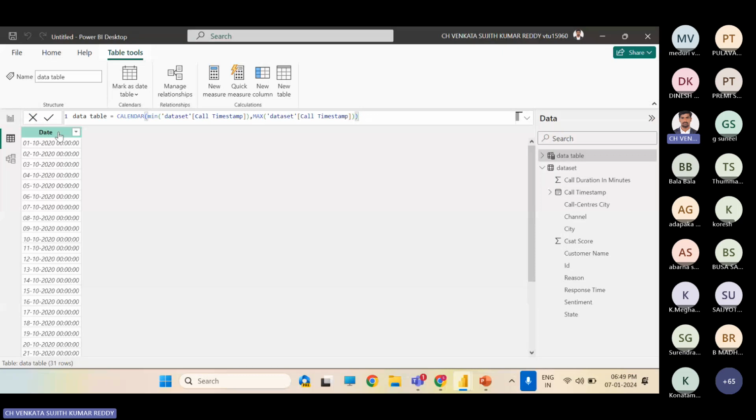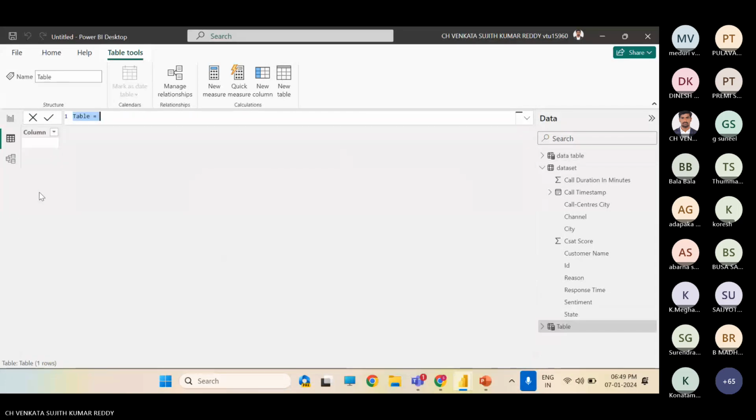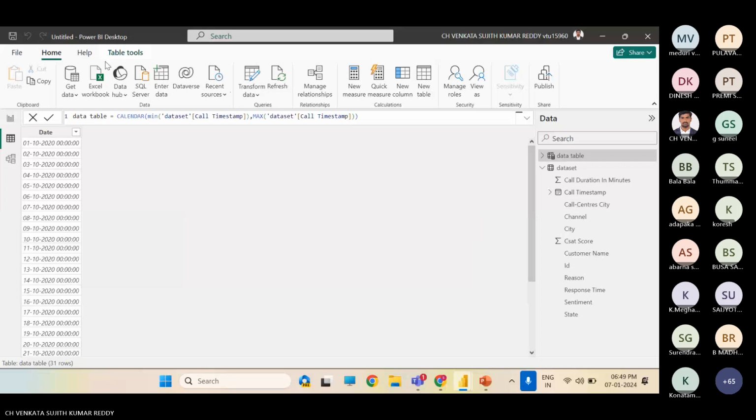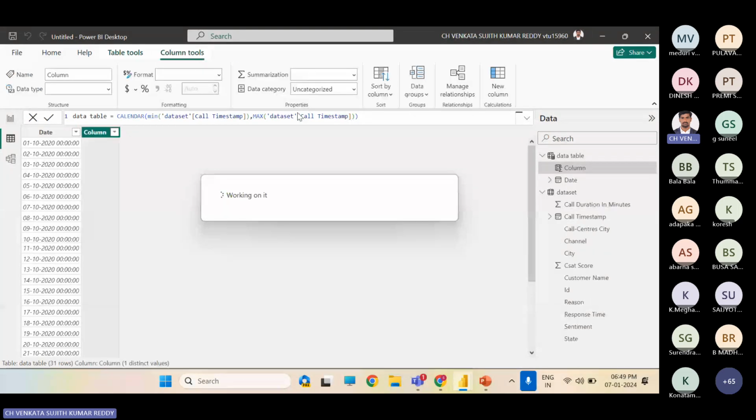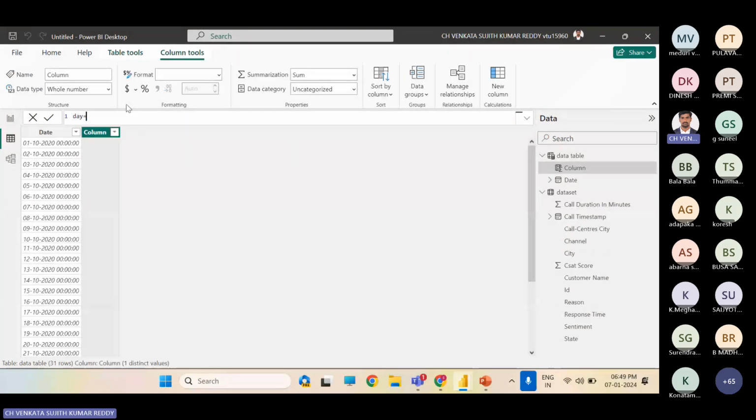And next thing, I need to get the day format here. New column. In this new column, again I need to write the formula. Day is equal to format. In this particular data, like 1/10/2020, I want to get what day it is, like Saturday, Monday, Friday.